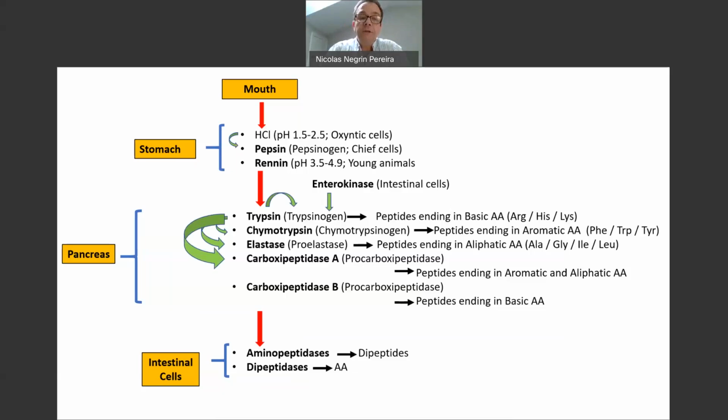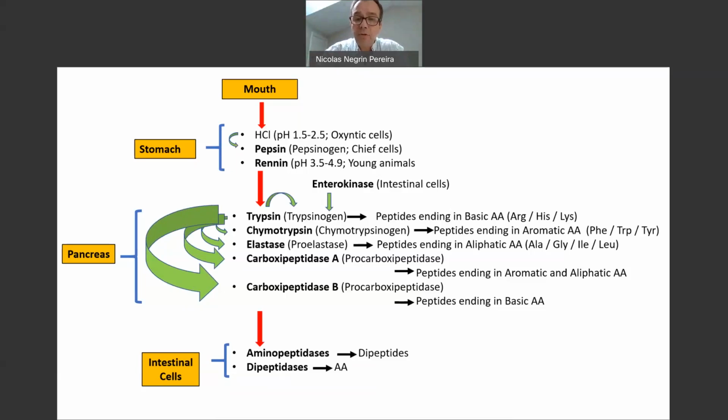And again, trypsin is responsible for activating both carboxypeptidase A and B from procarboxypeptidase in the pancreas. Again, this is an enzymatic process that takes place in the duodenum